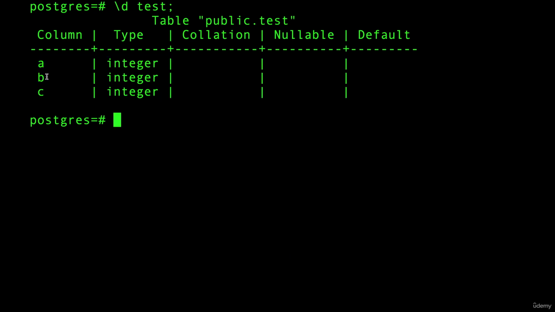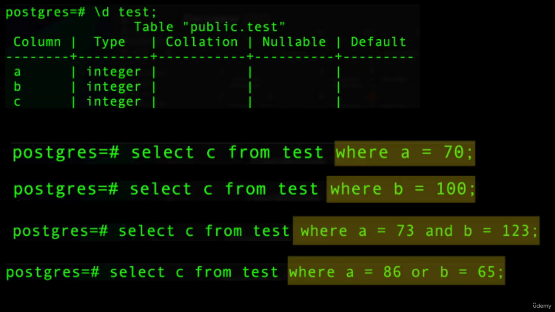and I'm going to play with the indexes on A and B. So I'm going to create a configuration where I have an index on both A and B. I'm going to create a configuration where I have a composite index on A and B, and I'm going to create a different kind of configuration where I have a composite index and a normal index on B. All right, and I'm going to execute the following queries where I'm going to query only on A, and I'm going to query only on B, and I'm going to query A and B and query on A or B,